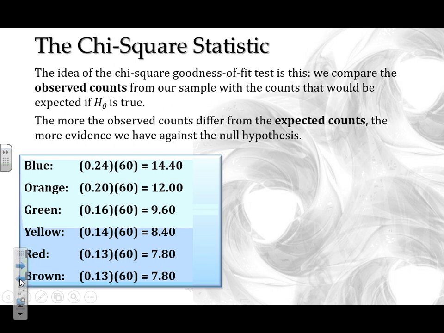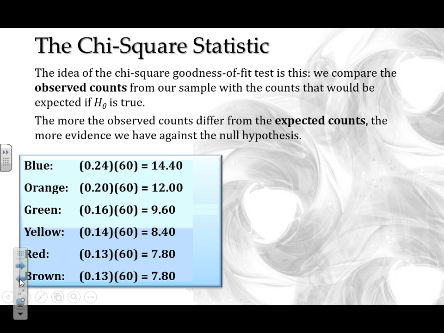So if I was looking at an observed count, so when I actually open the bag and I physically count the number in each one, will I ever get decimals? No, I'm going to be counting whole M&Ms, right? But think about what we're calculating right here. We're calculating an expected number, right? This is an on average. So on average, if we opened up